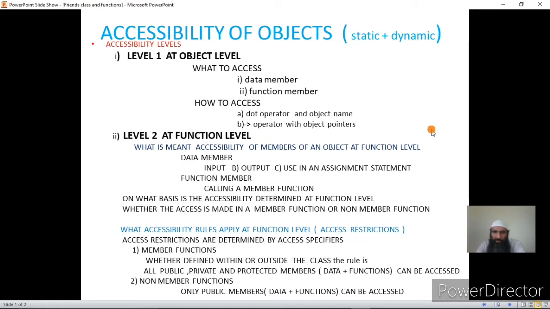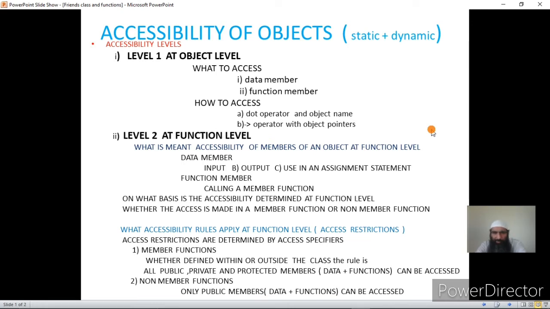Now accessing the data member and the function member of an object at this level is simply giving the name to the data member or a function member. This is where actually the confusion is there in the minds of the students. Once we tell them that we use dot operator to access a data member or a function member, I think this is not the right way to convey to them what we are actually doing.